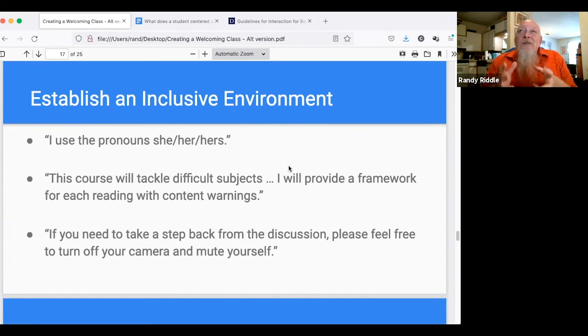And really, this shows your students that you're going to respect if they have some issues they need to take time out for and just think about when dealing with material in your class. And again, encouraging students, if they are having a difficult time with the class, give them the freedom to just take a step back and take a breath and think a little bit so that they can deal with the